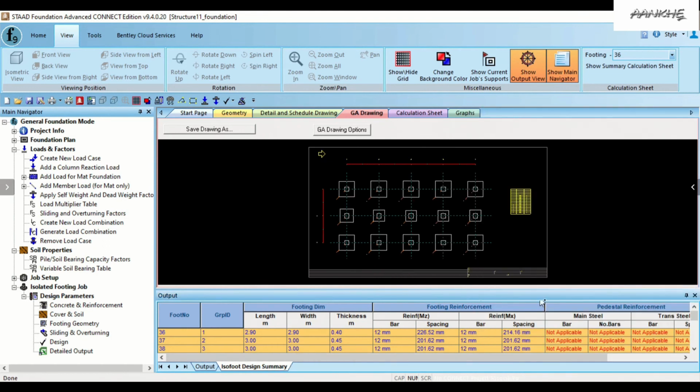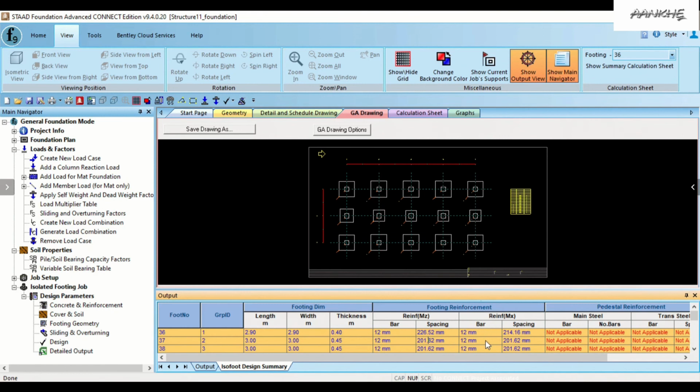Summary sheet is available, and you can check the thickness and all those things here. Oh, it is very nicely presented. It is 3 meters by 3 meters by 0.45 meter, and the bars are provided here.